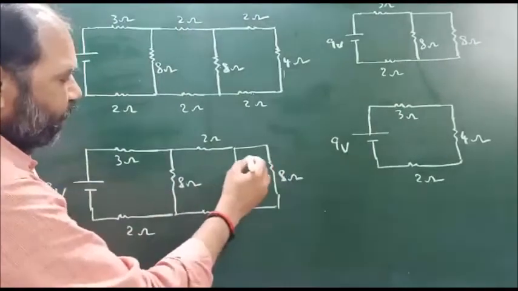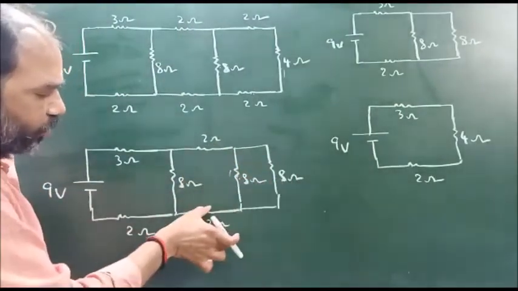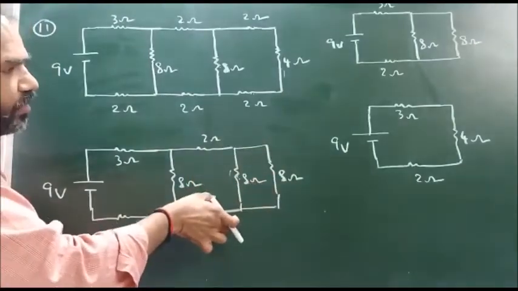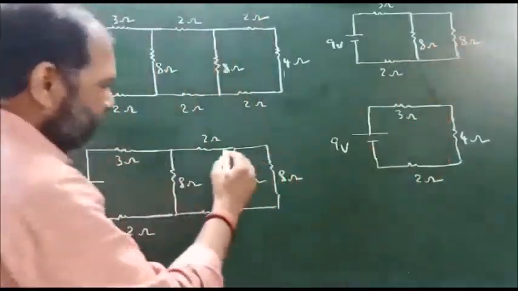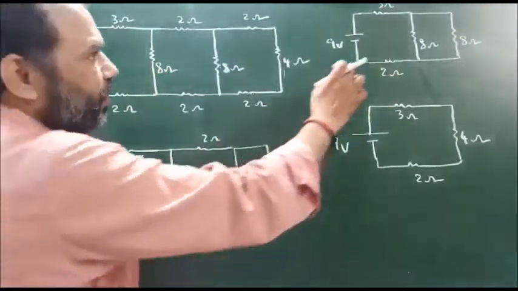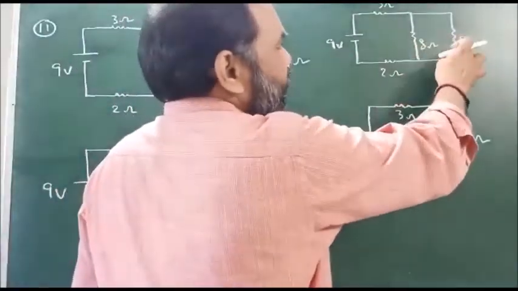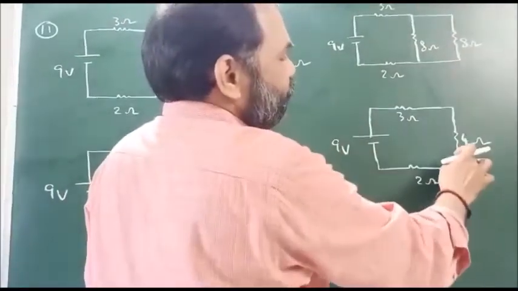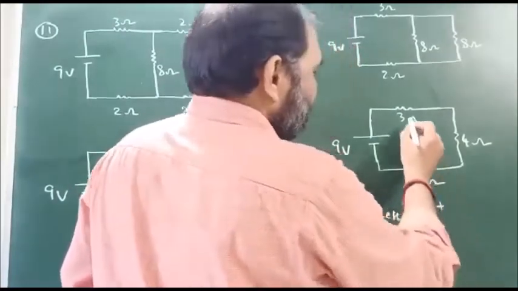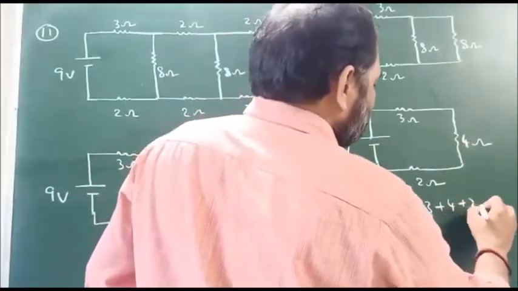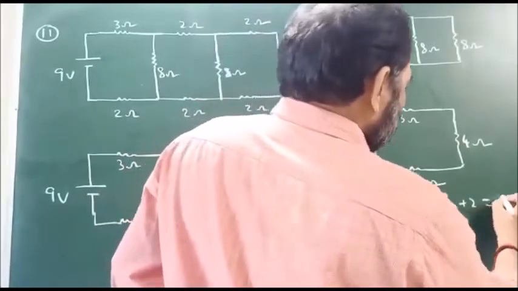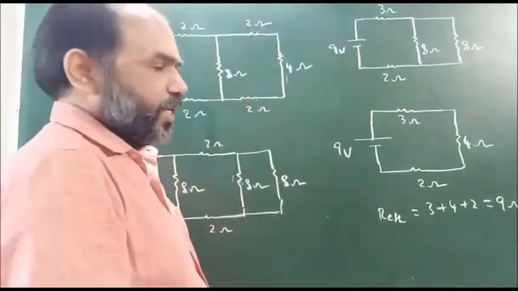This is 4 ohms, and here this 2, this 4 and this 2 are present in series combination. That's why the effective resistance of this becomes 8, and this 8 ohms is present in parallel to this 8 ohms. That's why this circuit can be redrawn like this. Here these two 8 ohms are present in parallel, so their effective resistance is 4 ohms. In this case the effective resistance of the combination, R effective, where 3, 4, 2 are all present in series combination, is nothing but 9 ohms.